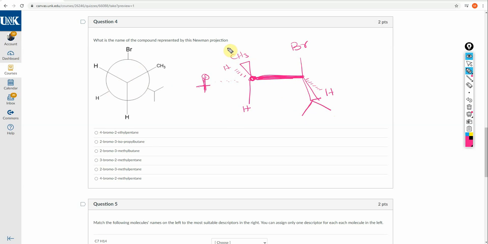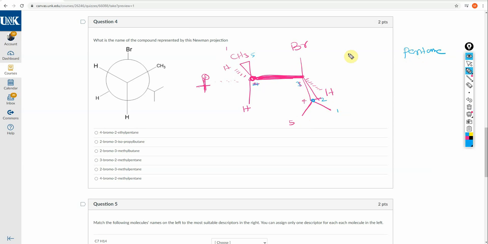So if you go from this carbon, this is 1, 2, 3, 4, 5, it's a 5 carbon chain, and the first substituent you get is on the third carbon. Whereas if you go from this end, this is going to be 1, sorry, let me use a different color. So this is 1, 2, 3, 4, 5 as well, except here when you go from this side, you get the first substituent on the second carbon. Therefore this is the right way to go, and therefore it's going to be a pentane,